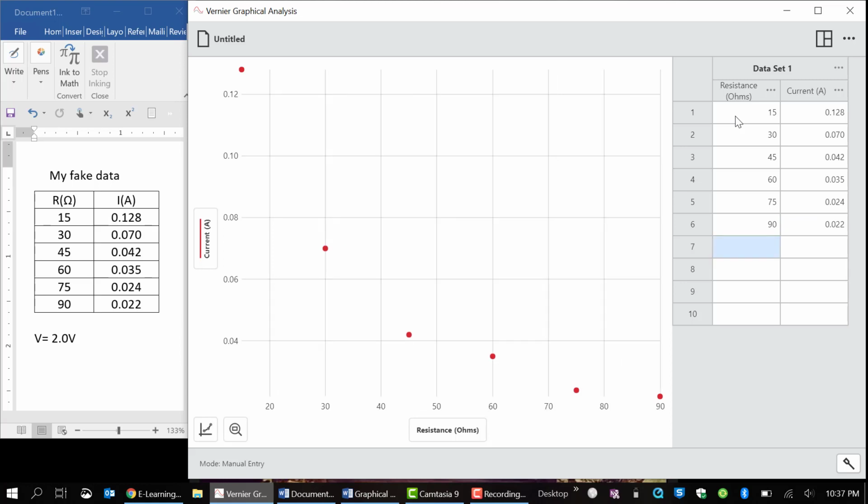All right, so I've got my data in. If you don't, you can go ahead and pause the video and come back to it when you've got all your data in. All right, so if we go here, down at the bottom corner over here, there's a little